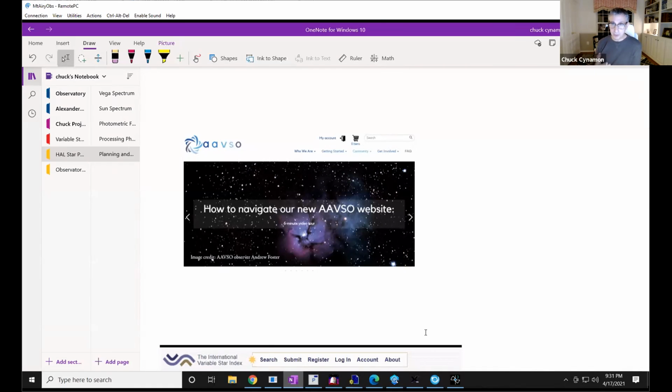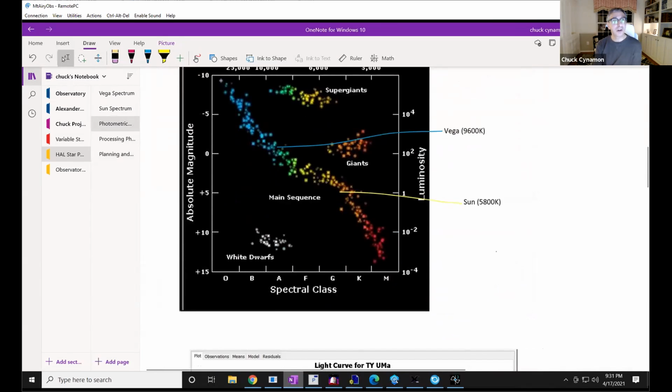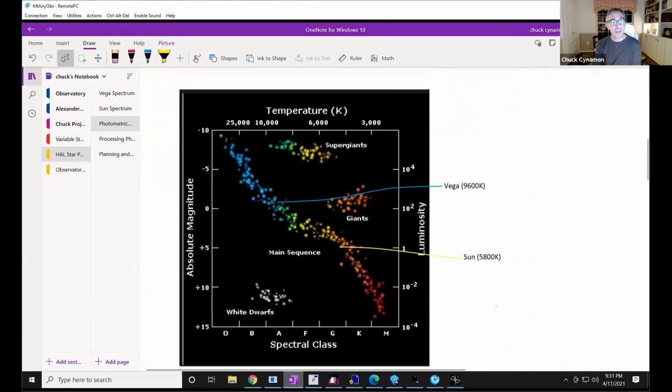But there is a difference in the brightness when they are in eclipse versus when they're not. One star is clearly bigger, or slightly bigger in this case, and brighter. These are both F-type stars. So again, if I go back to this diagram, the Hertzsprung-Russell diagram, the F-type star is a little hotter than our sun. But they're kind of in the middle of the main sequence, and they are both main sequence stars. Not all eclipsing binaries are two main sequence stars.